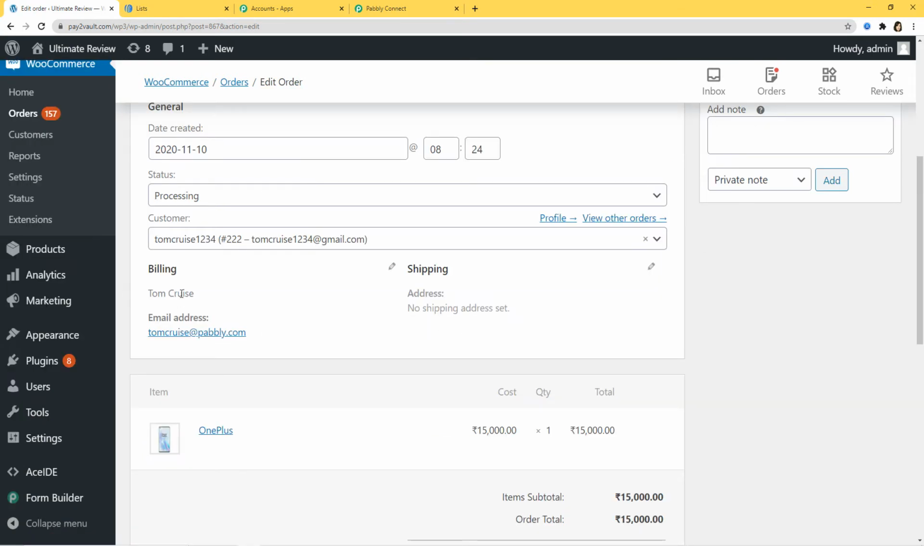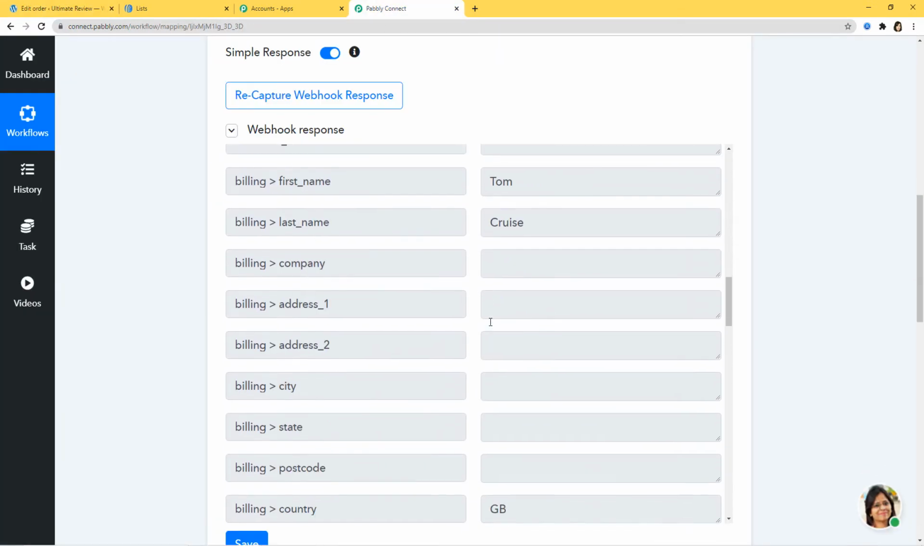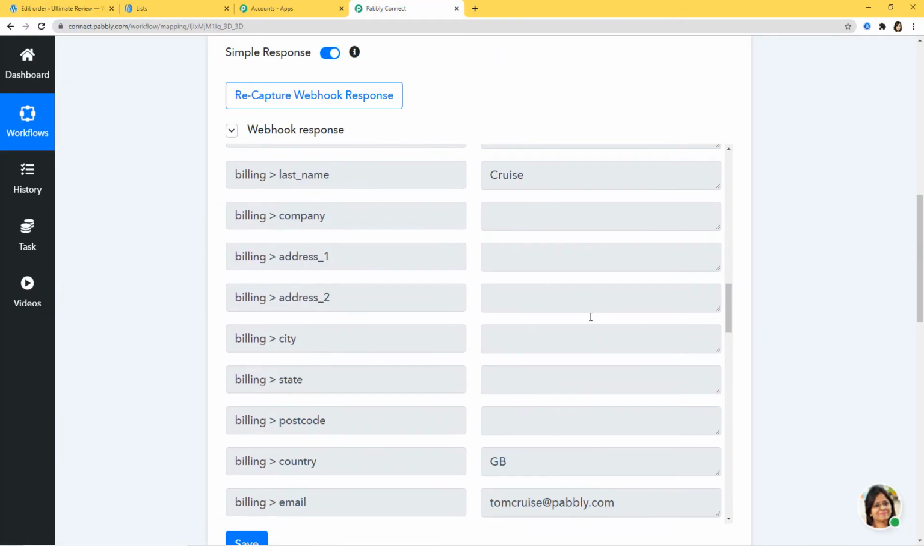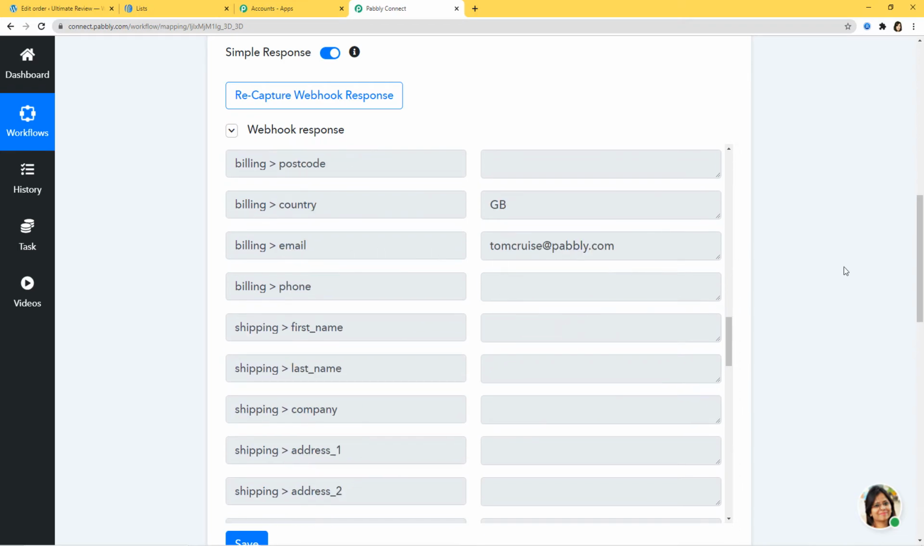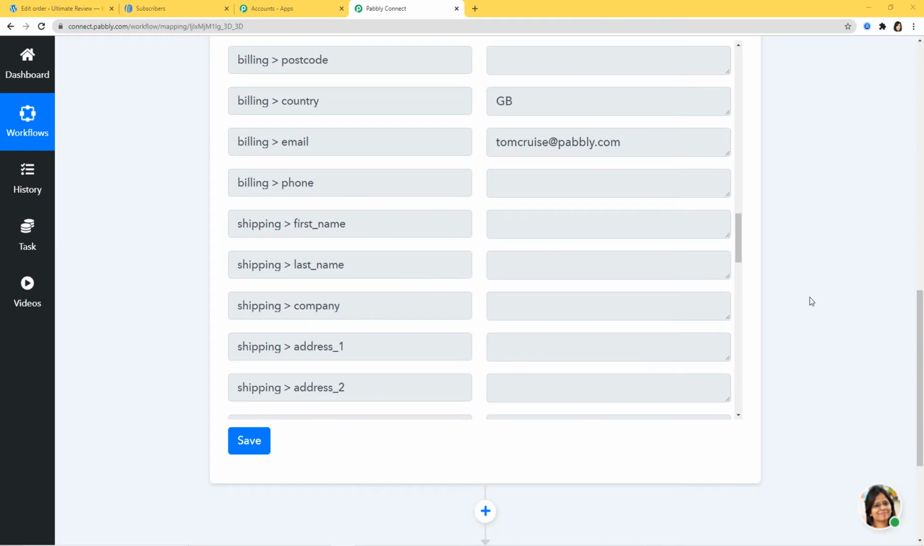Okay, so you can see we have changed the name and the email over here. So now I'll go back to Pabbly Connect and let us see if it has captured the webhook response or not. Okay, so we have got our webhook response here. You can see the name is here, last name is here, and even the email is here. So I'm going to save this now. Okay, so we have successfully finished our first step integration over here, and now we are going to begin